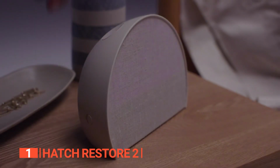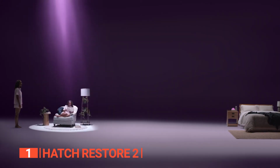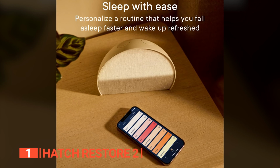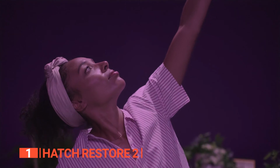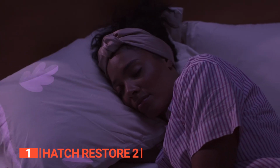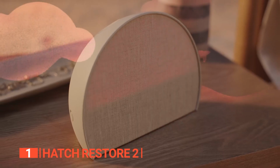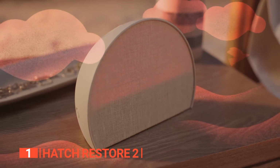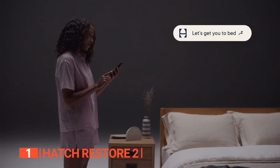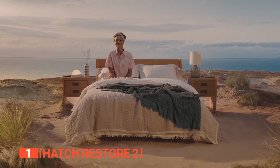A single button press sets your nightly routine into motion or silences the morning alarm, a blessing for those drowsy mornings. Its companion app, compatible with iOS and Android, offers a plethora of customization options, elevating its status as a versatile sleep aid. To further enrich your experience, the Restore 2 not only includes a variety of nature sounds and white noise, but also invites you to delve into the Hatch Plus membership for a more expansive selection. Redefining your nightly ritual, this clock harmoniously blends simplicity, personalization, and serenity, paving the way for nights of profound rest